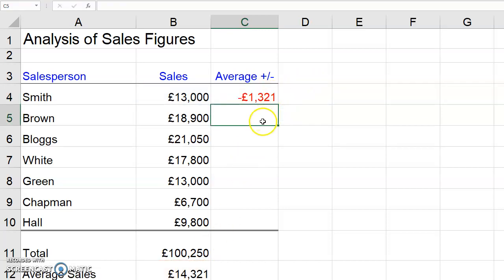And we can see here that he actually made a loss. So he didn't actually meet the average sales for the team, and he was below par by £1,321. I could use the fill down command here, but I'm just going to repeat the demonstration, starting off with